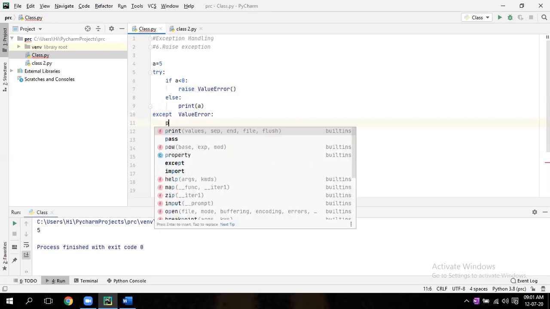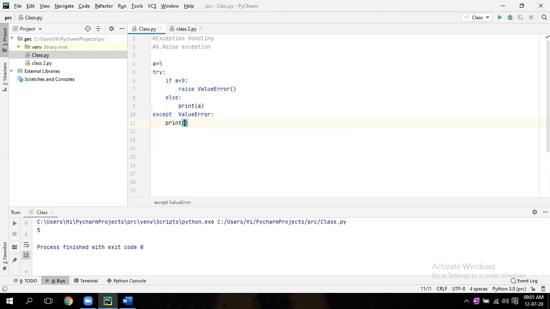Print A is smaller than 0. Run it. Now give A equal to -5.